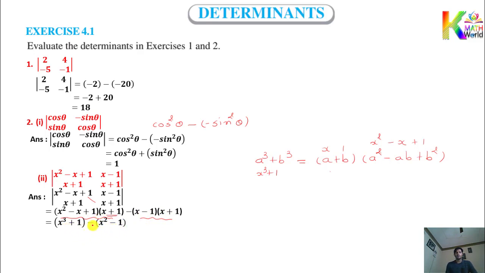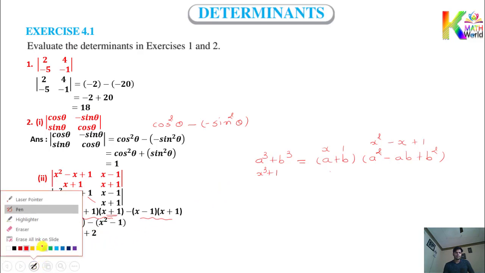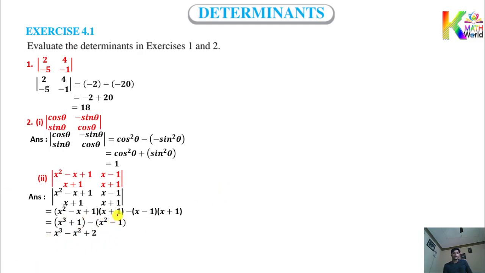Now when you open this bracket, you can see outside is minus. So minus x square and minus minus plus 1. So here you have plus 1, and that's this minus and this minus, so minus minus plus 1. So 1 plus 1 will become directly 2. So you can see that x cube minus x square plus 1 and minus minus plus 1 will become 2 plus 2. Okay, then see the next thing.